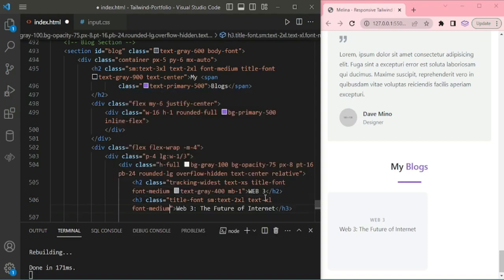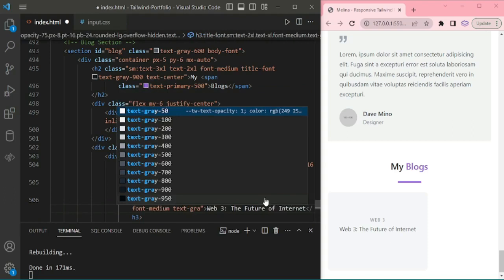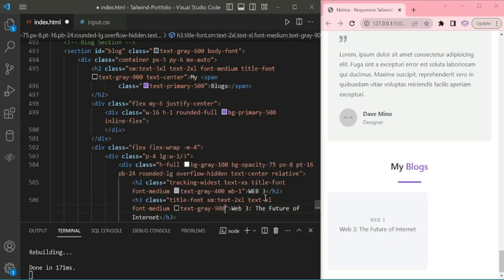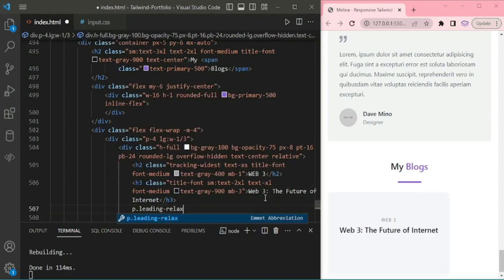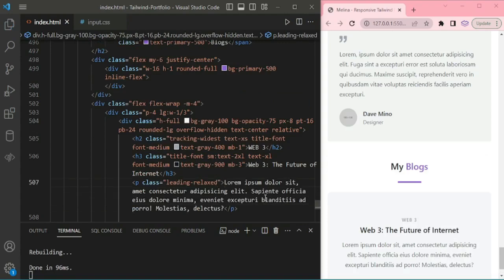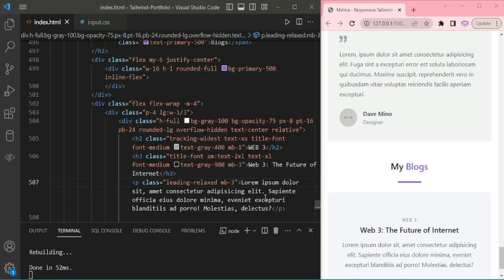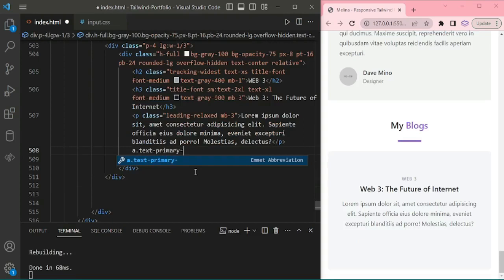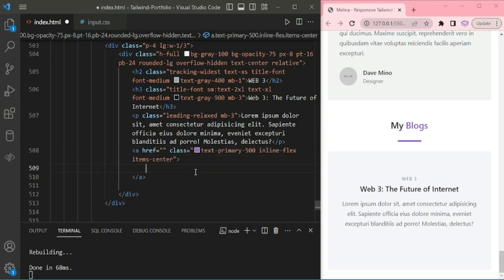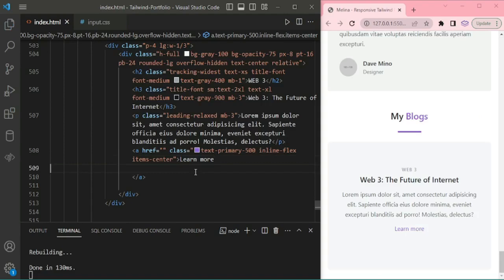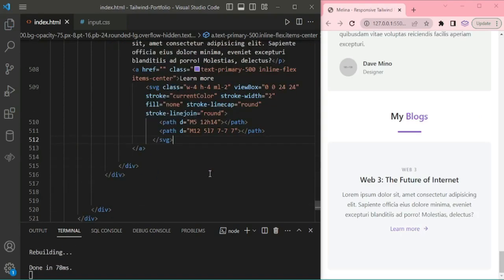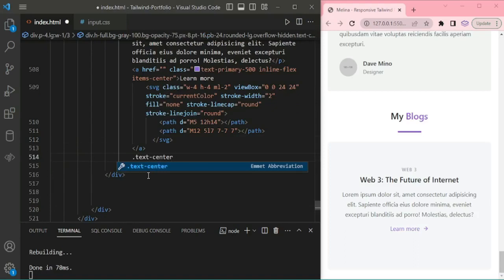The text XL, font medium, text gray 900, margin bottom 3, and paragraph leading relaxed, adding some lorem 20 words, margin bottom 3, adding text primary 500, inline flex, item center, learn more CTA link,